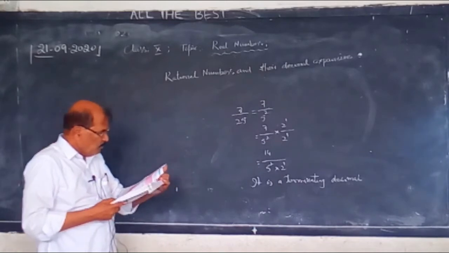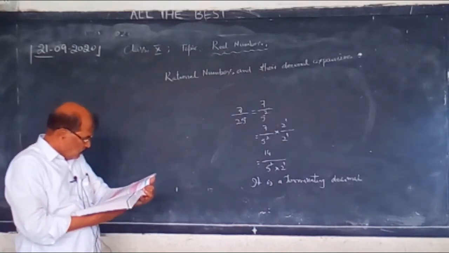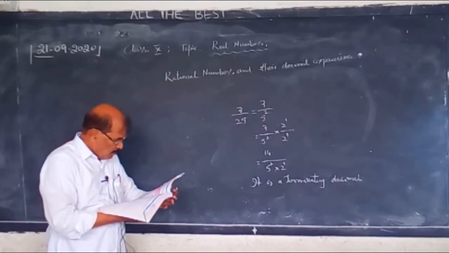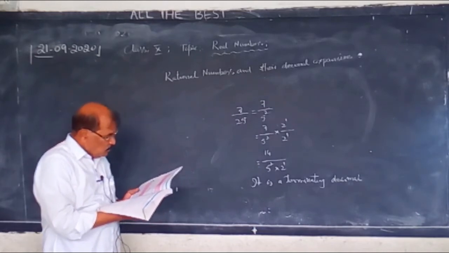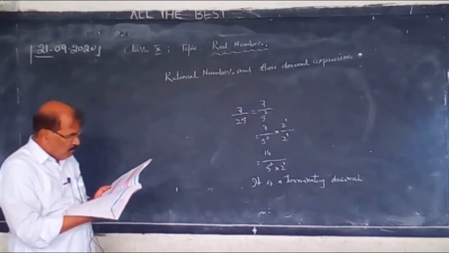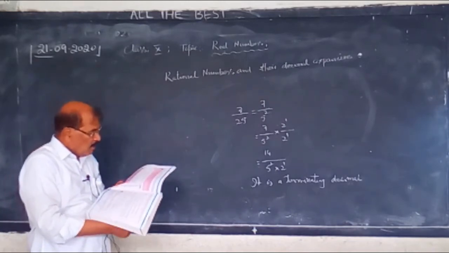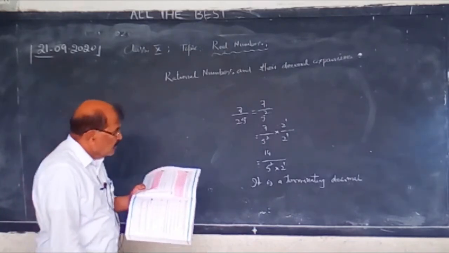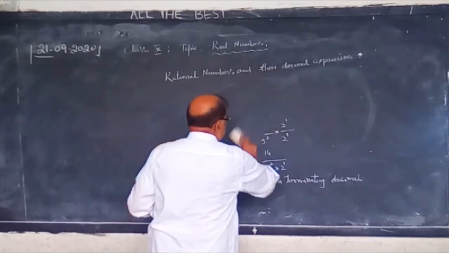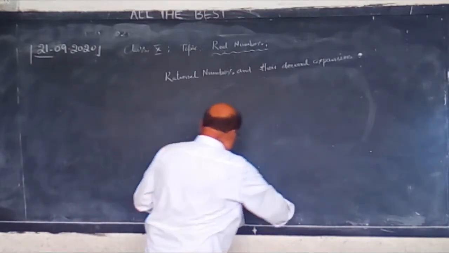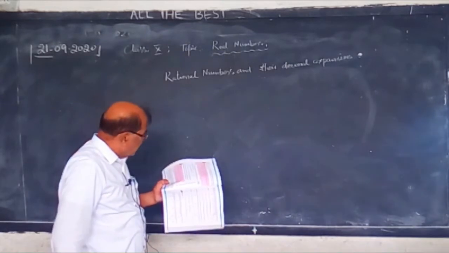So there are 5 problems. You can do them at home. You see this is the same page. Write the following rational numbers in the decimal form and find out the block of repeating digits in the quotient. Let us see this. I think you are very familiar with this.